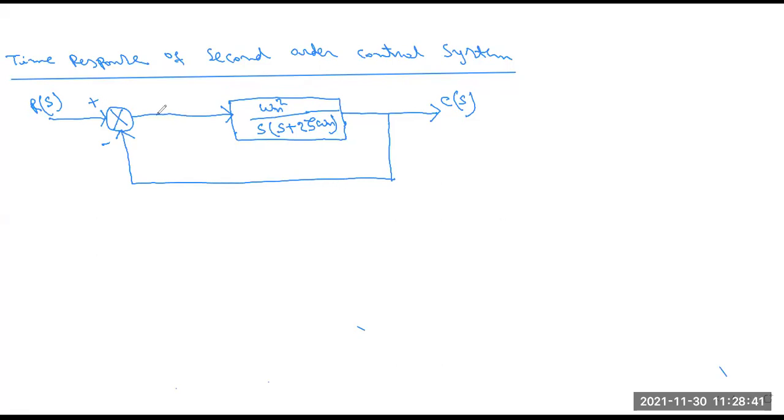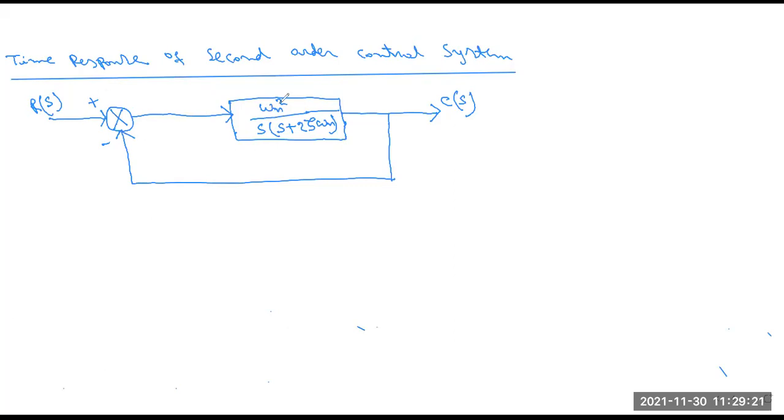Yes sir. Okay, so I will just repeat once again. So this is the time response of second order control systems. This is the block diagram of the second order control system. We know that this is the input part. We input this R(s), and another summing point which is attached to one feedback, unity feedback system we apply here, and the controller part also. And this is the output terminal, that is C(s), which we have to examine. So this is the second order controller part, which we imagine here as omega n square divided by s into s plus 2 zeta omega n.